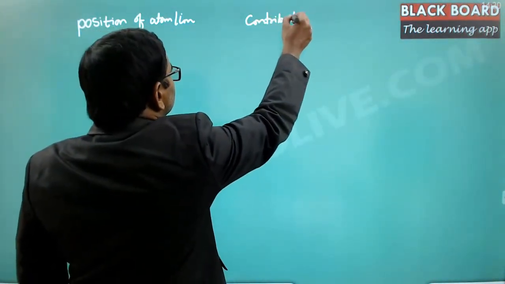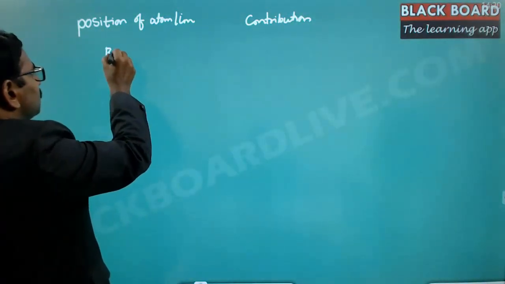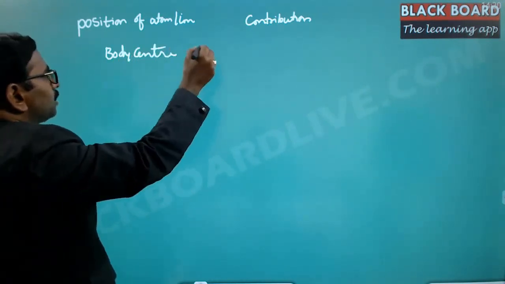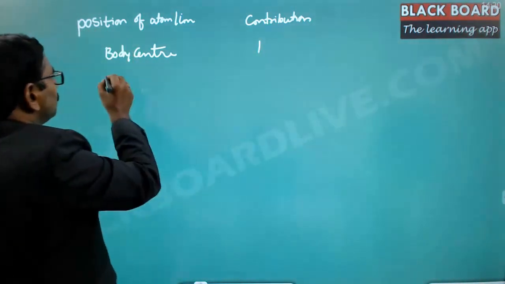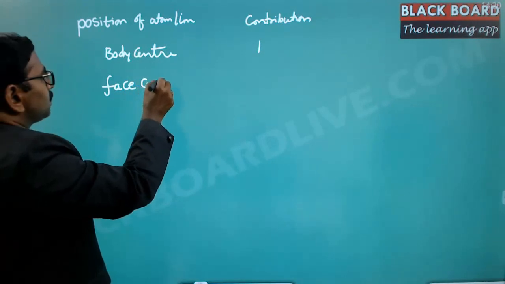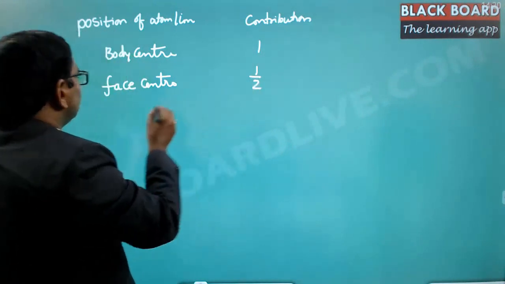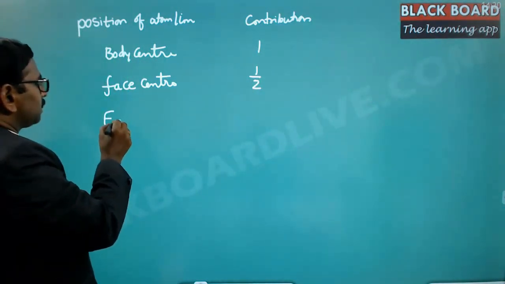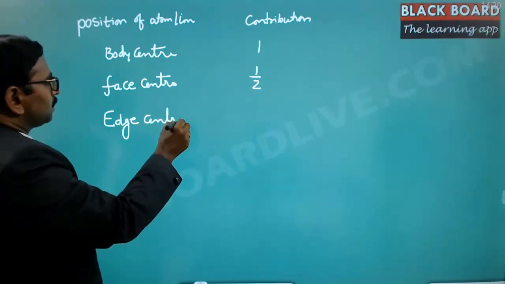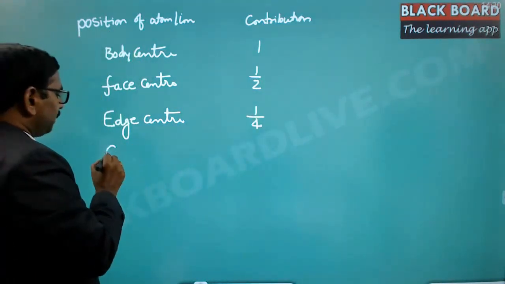Contribution to the unit cell: if it is in the body center, then the contribution is 1. If it is in the face center, the contribution is 1/2. If it is in the edge center, the contribution is 1/4. If it is in a corner,